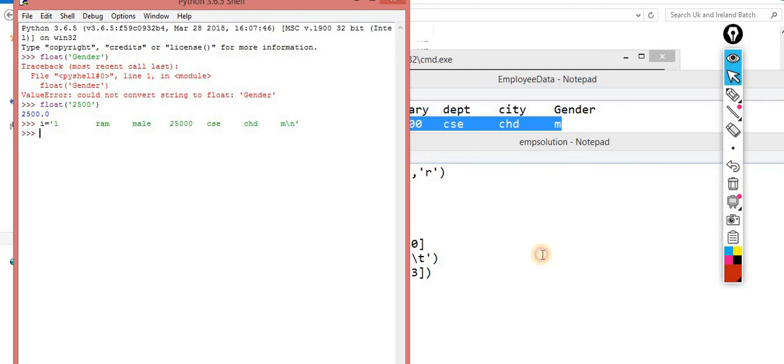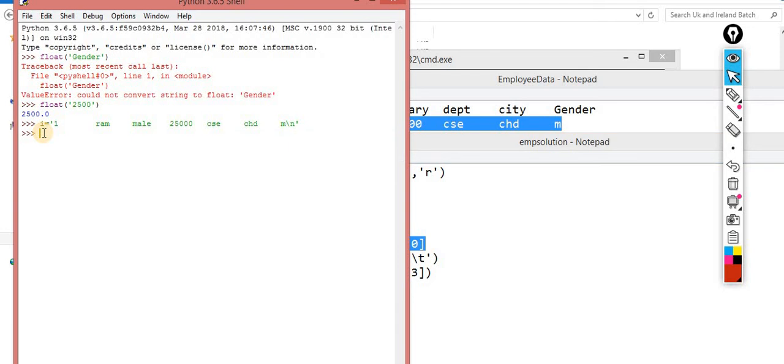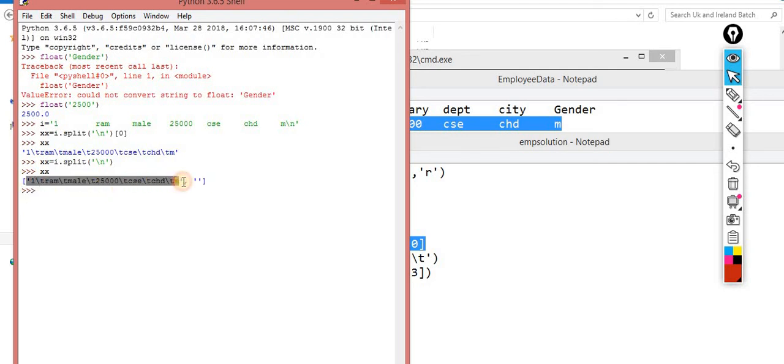If I perform this line, the picture would be more clear. Control V. Now you can check it out. If I don't do it, what is XX? XX is a list. On the 0 index, the entire data is there. On the 1 index, the \n is there, because I split it according to that. Now I select XX of 0, and you get this.